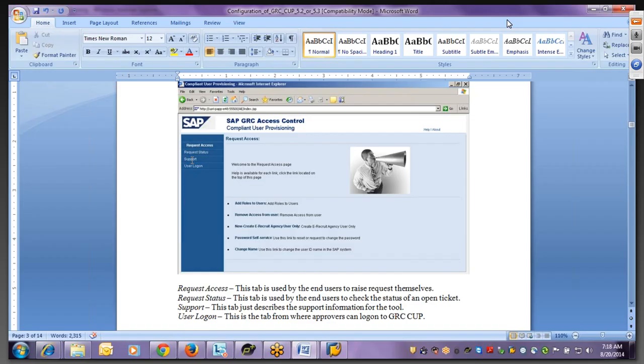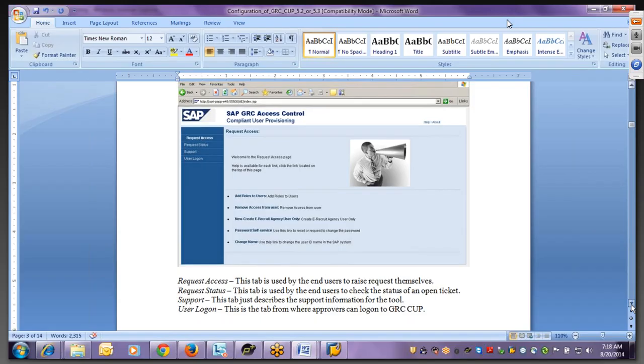And support is just to display the support information for the tool, and the user logon is the tab where all approvers can log on to GRC and then approve the GRC request. And not only approvers, the GRC administrators also log into the GRC tool using this user logon, and they work on all the remaining configuration and administration activities in GRC. Okay, so here if you come down,